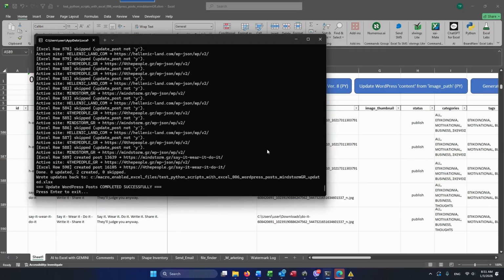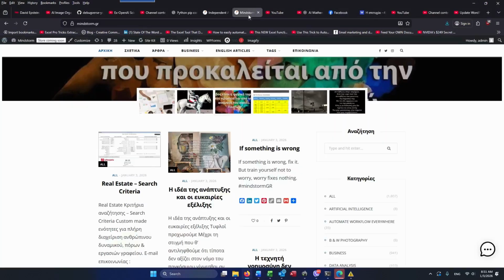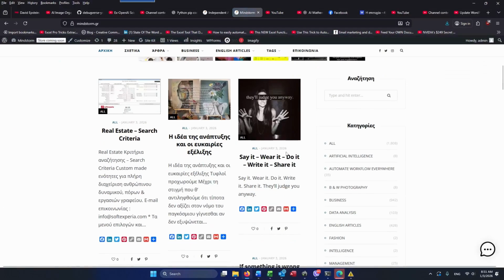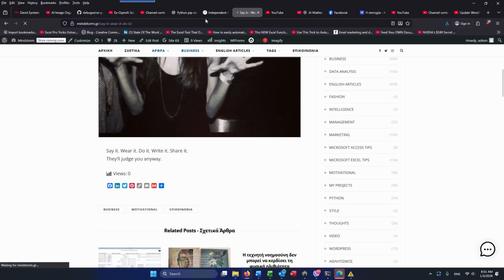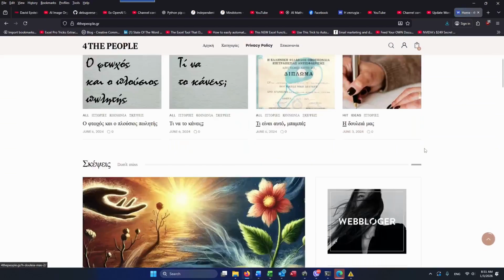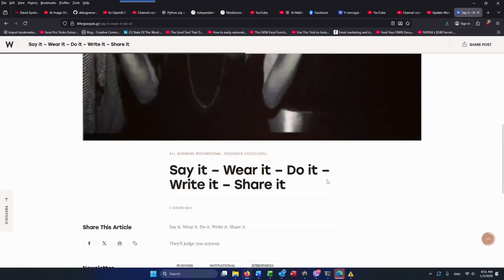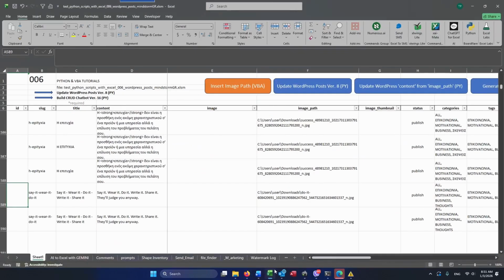Now it's ready. Okay, and now we'll go to this site, mindstorm.gr. It's gonna be here. That's it. And if we go to forthepeople.gr, it's here. See? Okay, so now we go back to our Excel, and